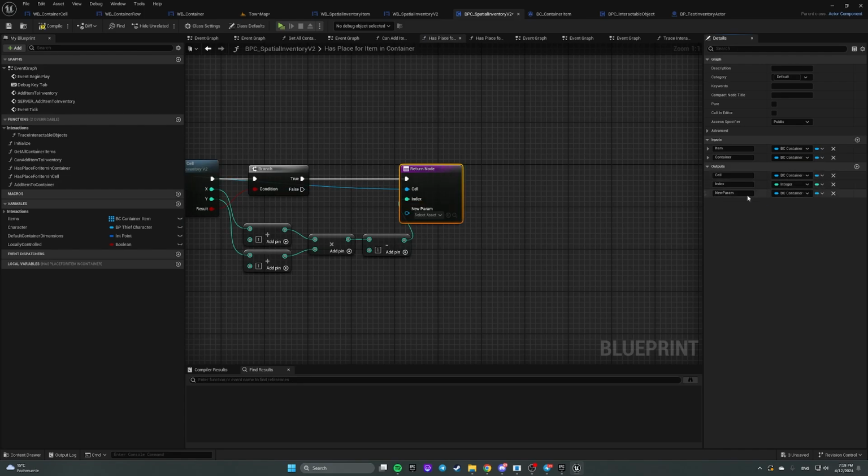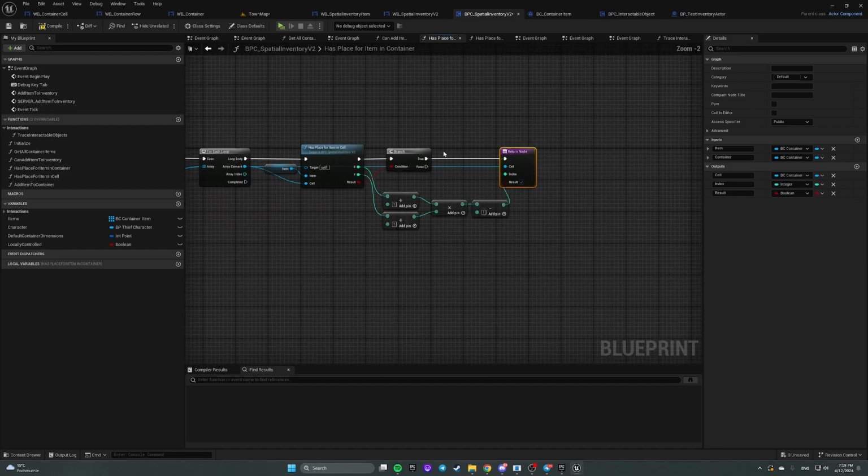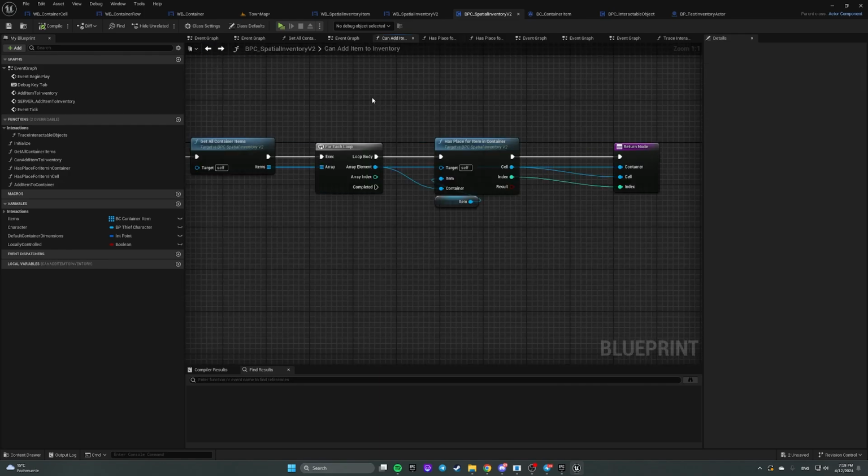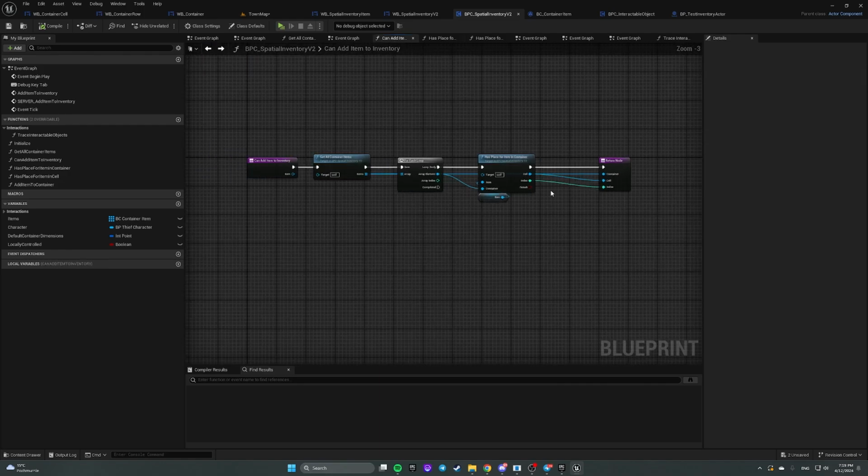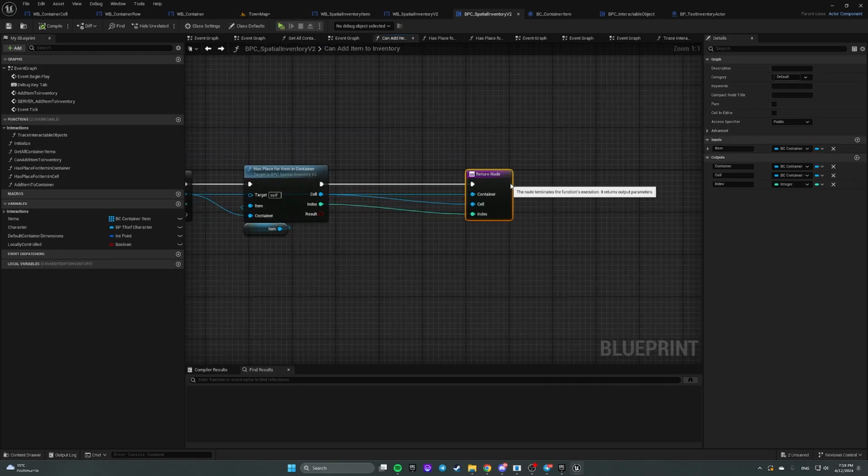So let's add an output, call it result, type boolean, and in case of true we're returning true, in case of false we're returning false. That's in has place item in container, and in function can add item to inventory, we also should return a result